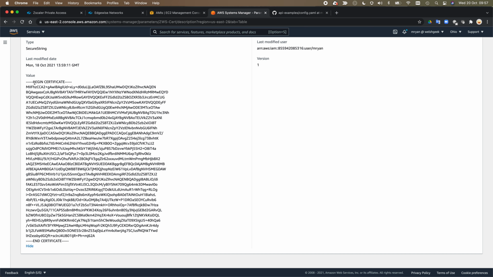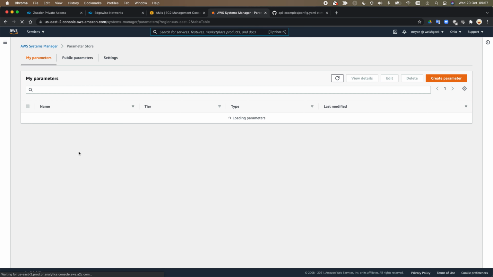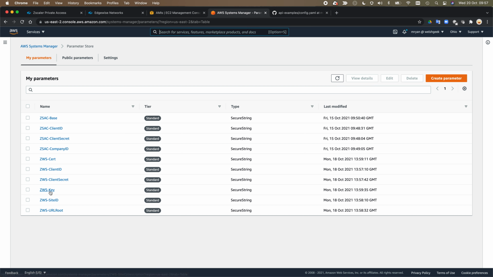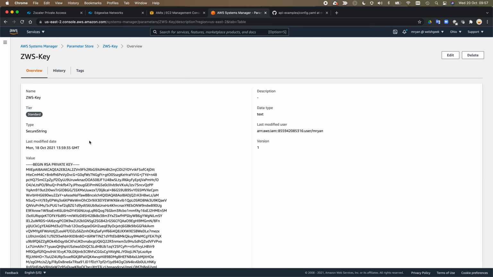So I've got a certificate stored in there. If I look back at the parameter store, I've got the private key that's associated with that there as well,